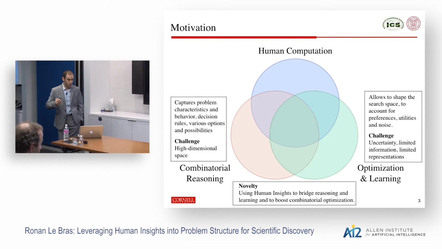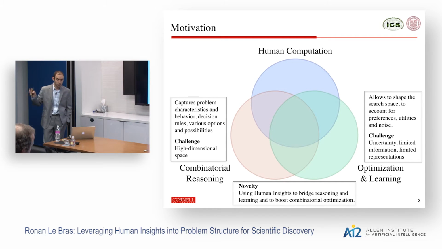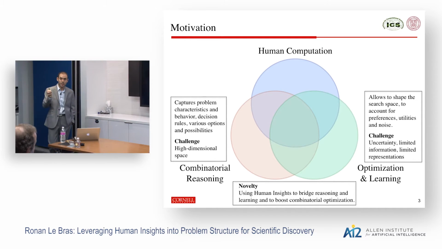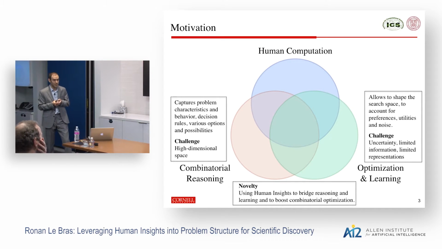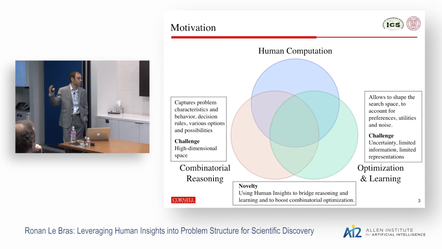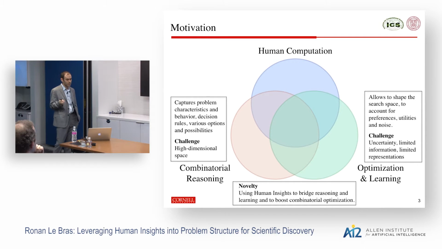So basically, on one side, combinatorial reasoning allows you to capture specificities of the problem, discrete characteristics, decision rules, and various options and possibilities. And yet this, as you know, brings the challenge of the high dimensionality of the search space. On the other side, optimization and learning allows you to shape the search space in order to take into account optimization criteria, preferences and utilities, and noise, for example. And as you know, it brings in challenges in terms of dealing with uncertainty, practical limitations in terms of